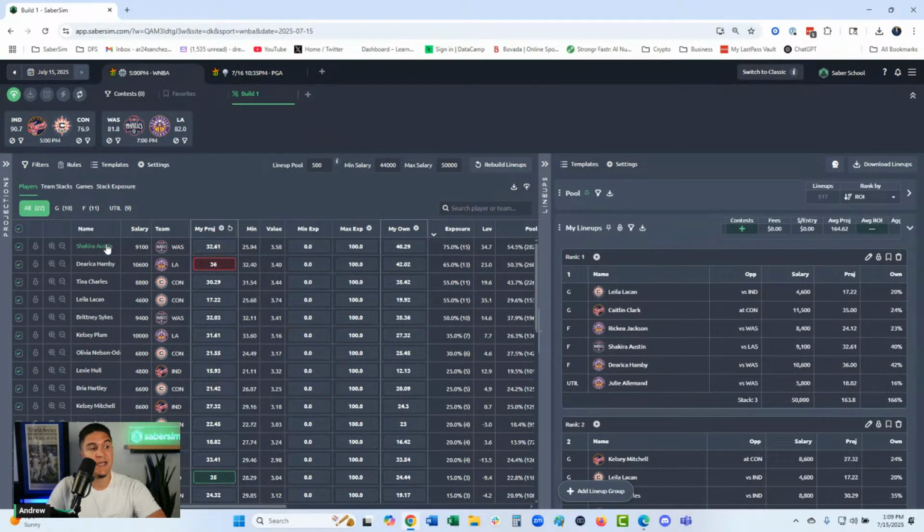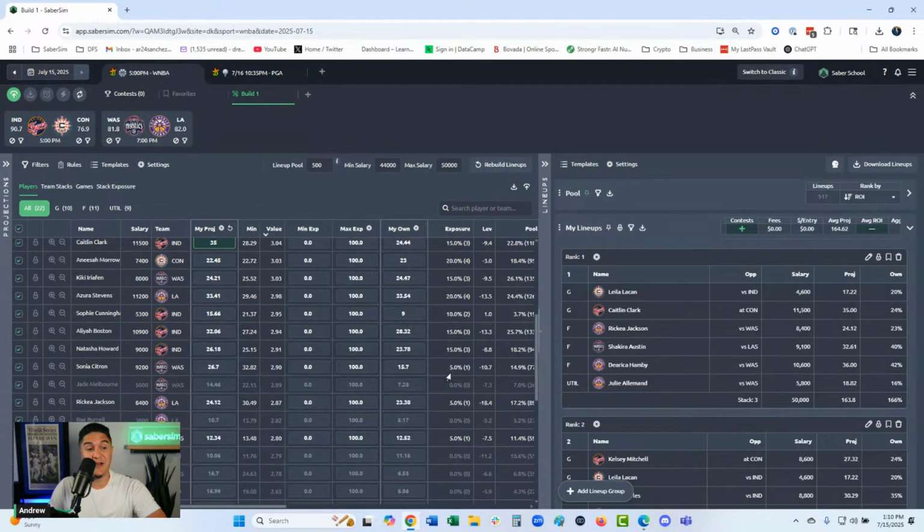And so for something like WNBA that plays very similarly to regular NBA, value matters. So what I like to do here is to sort by value, and then you notice a lot of my top leverages are all to the higher value players, like the top 1, 2, 3, 4, 5, 6 value players. I have double-digit leverage on all of them. I scroll down here. The lower my value goes, the lower my leverages go. We're still taking some shots, Kelsey Plum, a little Bria Hartley,